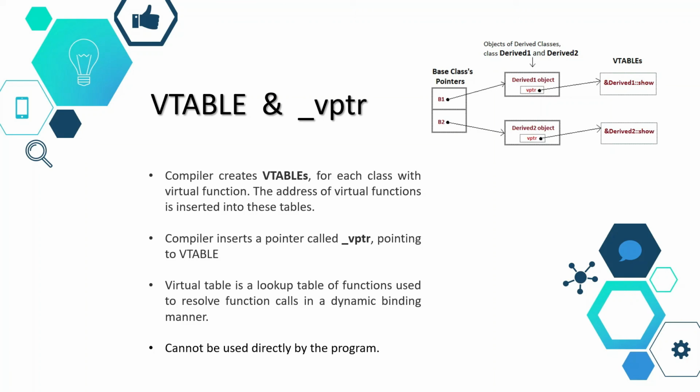Both these concepts cannot be used directly inside the program. Point to note is that the vtable is a table of function pointers maintained per class, whereas virtual pointer is a pointer to vtable maintained per object instance. So that explains the working of virtual function. With this